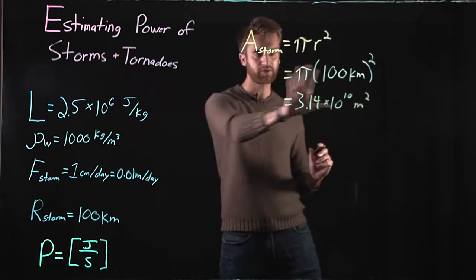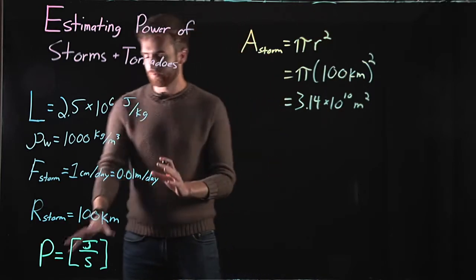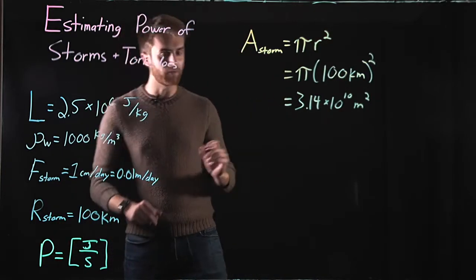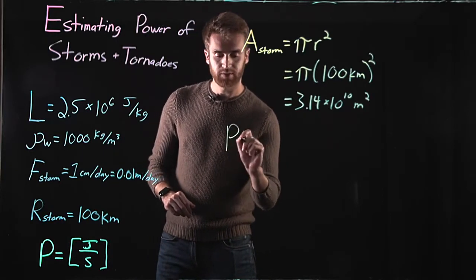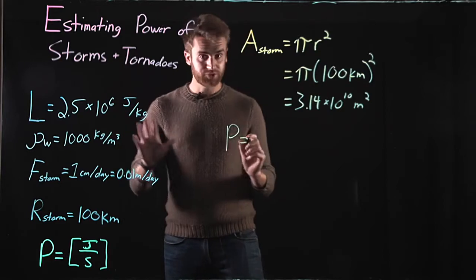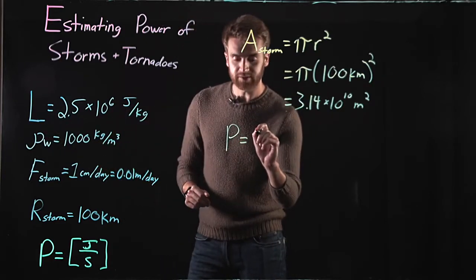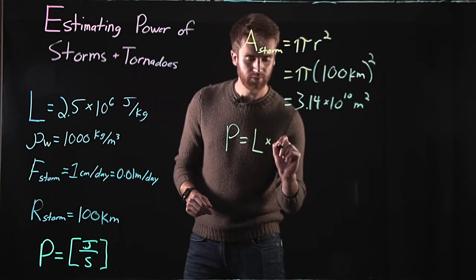Okay, so that's the area that our thunderstorm covers. Now, let's just do some dimensional analysis here, and let's get back units of power. So, power equals, and you can check my math as we go along here, latent heat times the density of water